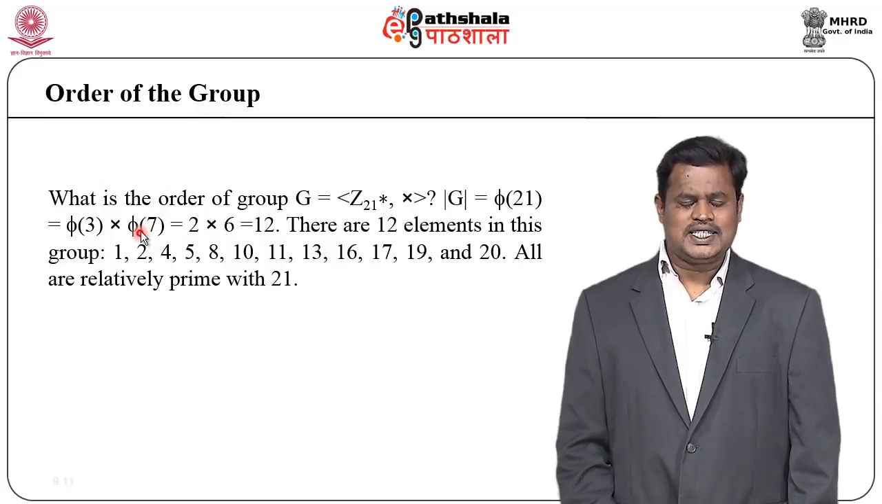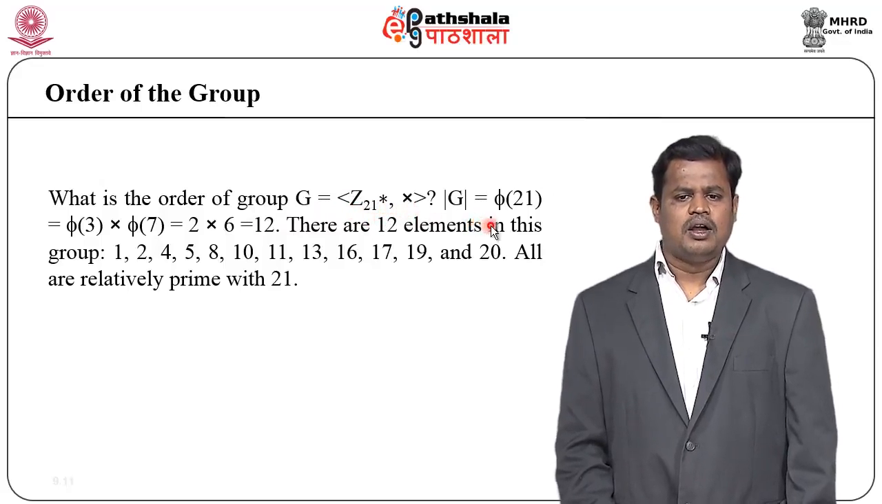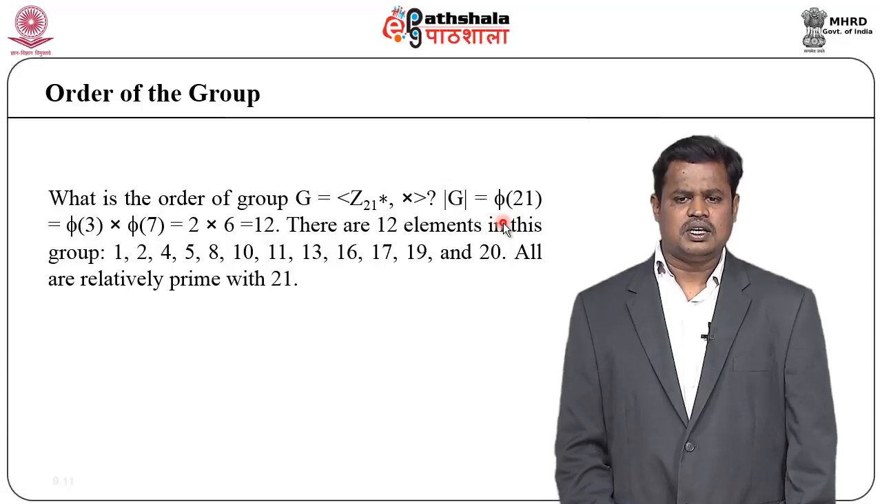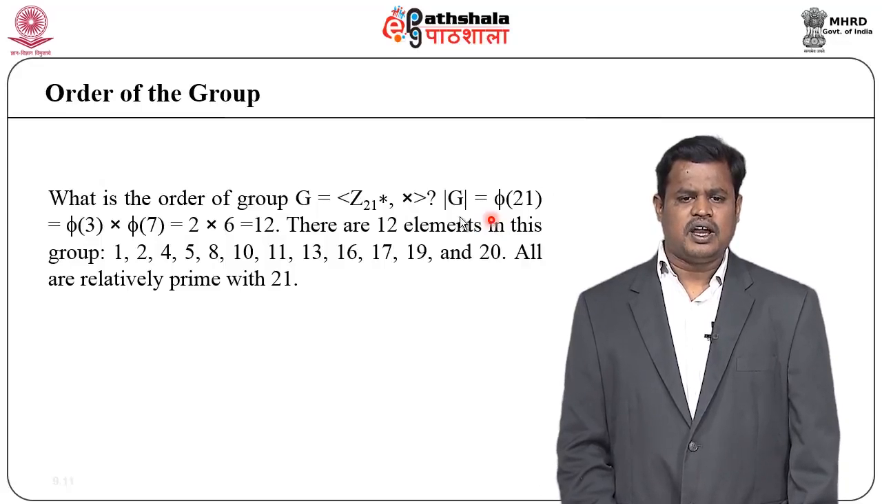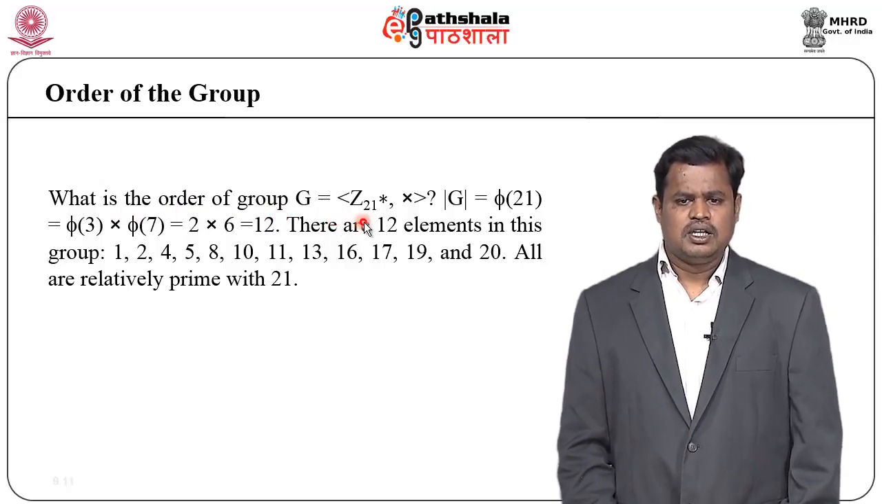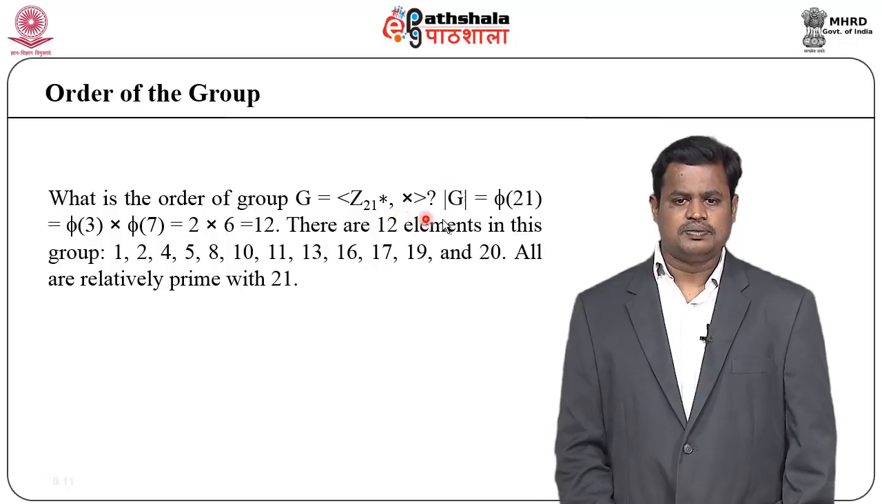Now, what is the order of a group G? For example, I am taking Z21 with the multiplicative operation. We know very well, with the help of the Euler totient function or Euler phi function, the simplest Euler phi function which we have discussed under Euler's theorem, phi of 21. The first thing I want is to find the order of a group. If a group is given as G is equal to Z21 star comma multiplication, that is the multiplicative operation, then